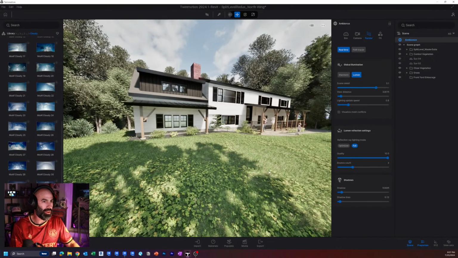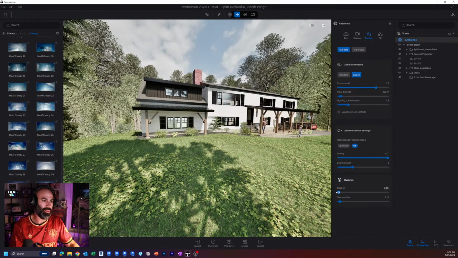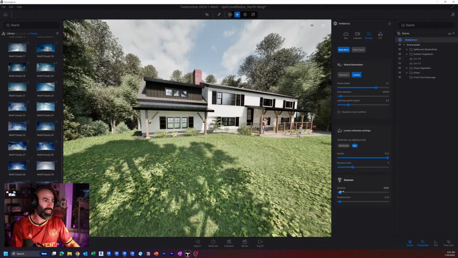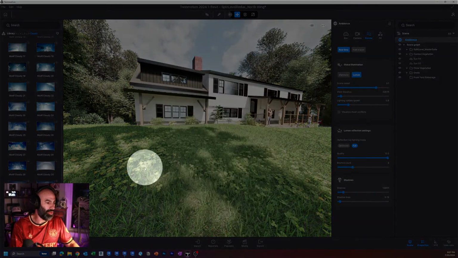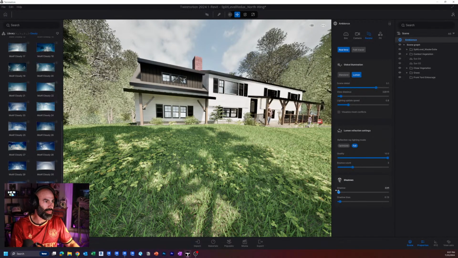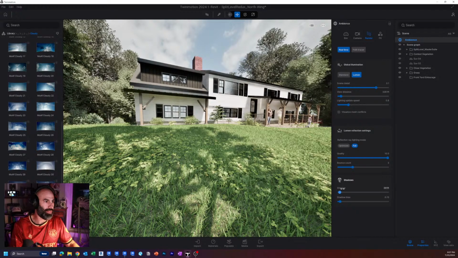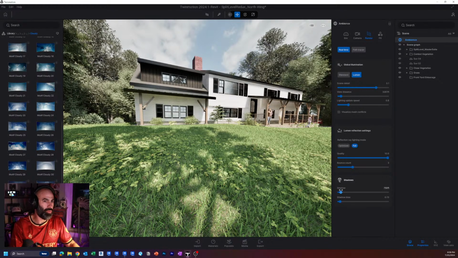The other thing is the shadows. Anyone who's dealt with real-time rendering programs knows that there's a thing called shadow bias. First you want to set your shadow depth to be as low as possible, but to pick up the whole scene. If you look at the clovers in front, I don't know if you're going to be able to see it, but maybe I can zoom down a little bit. If you pay attention to the clovers up here, as I'm changing the shadow distance, they're getting more and less detail to the shadows, right? So if I go way far,